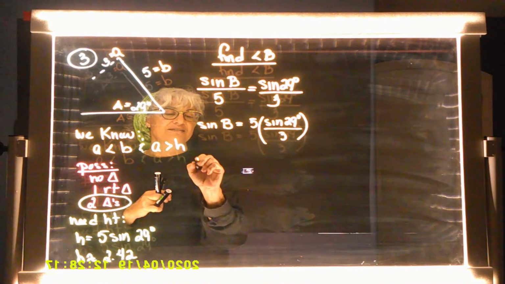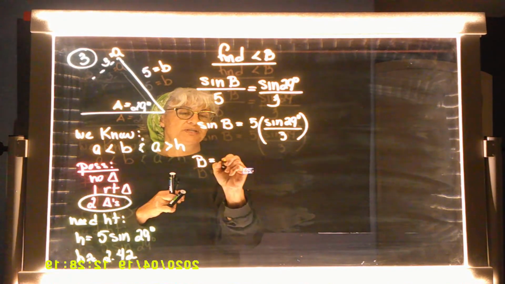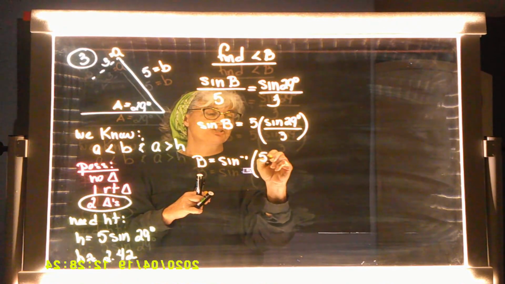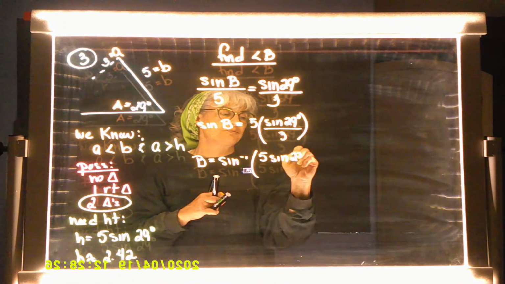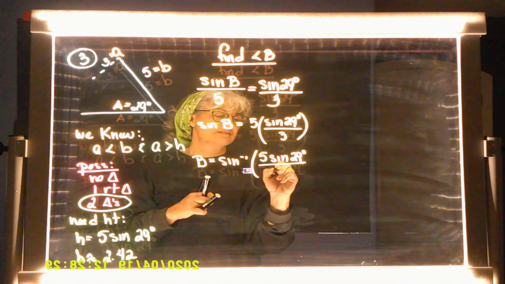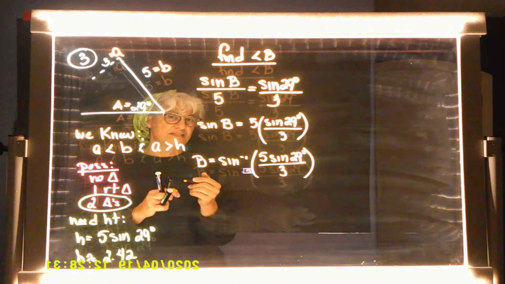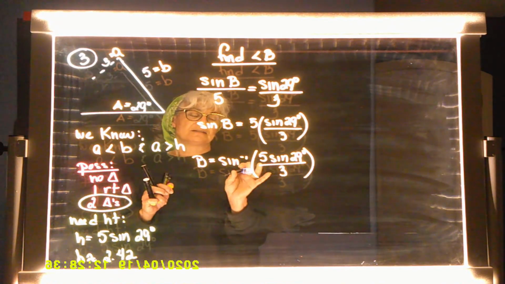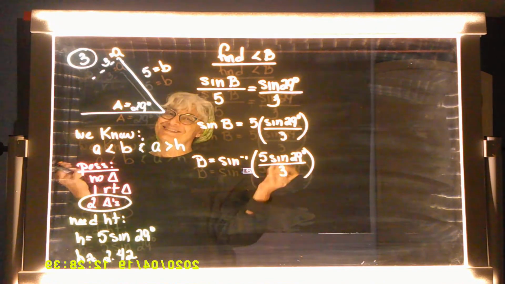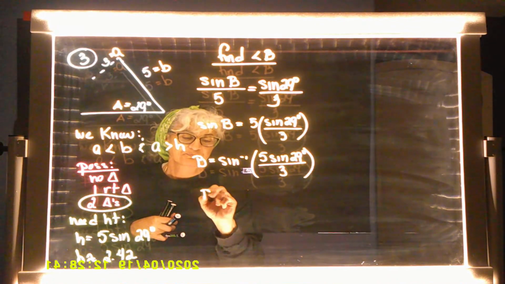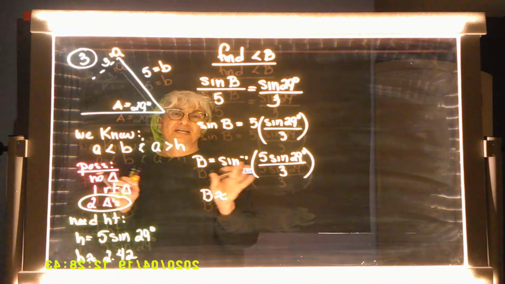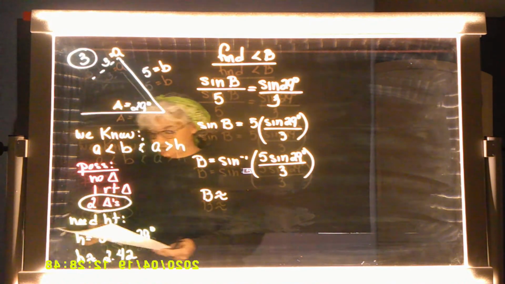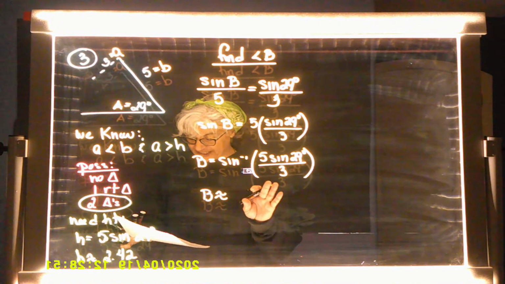And you would have to take the sine inverse to get rid of B, wouldn't you? By the way, I never punch all of this into the calculator at one time. I would figure out this fraction inside the parentheses and then take the sine inverse of it. That's me, because if I make an error punching something in, it's going to show up. I'm going to just have all my work wasted, shall I say. So in this particular case, when I did this work,